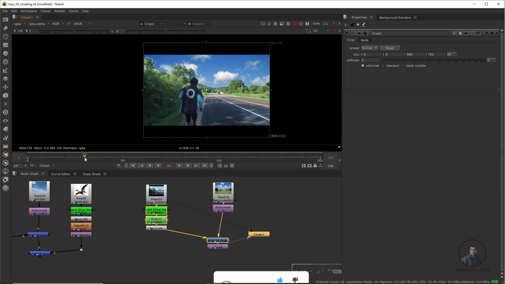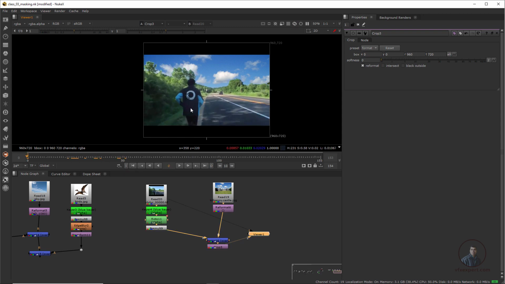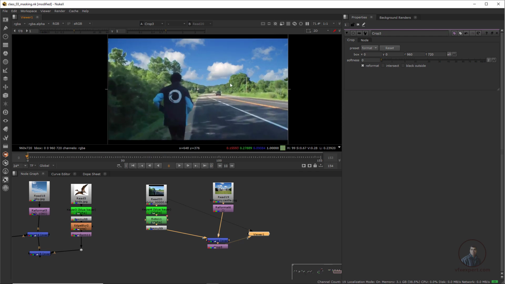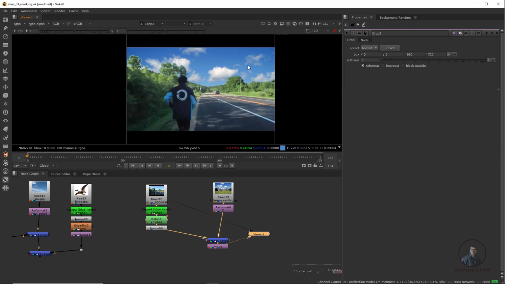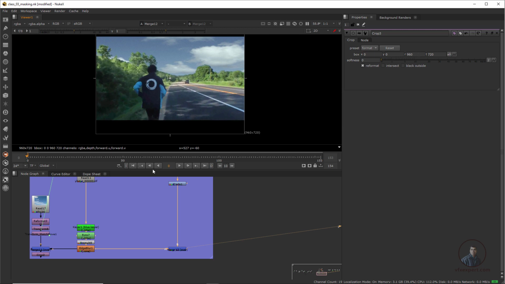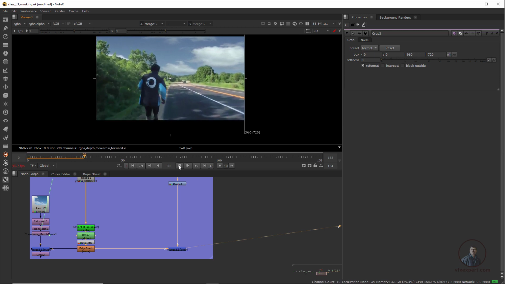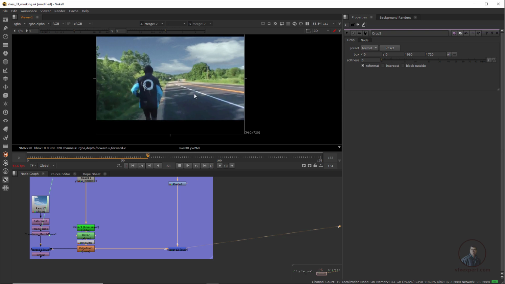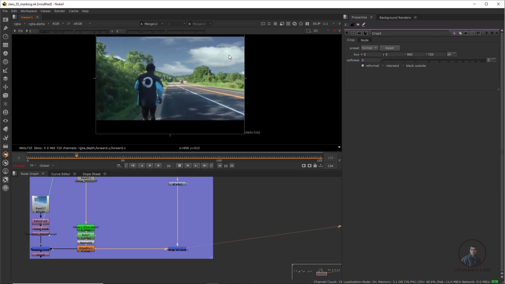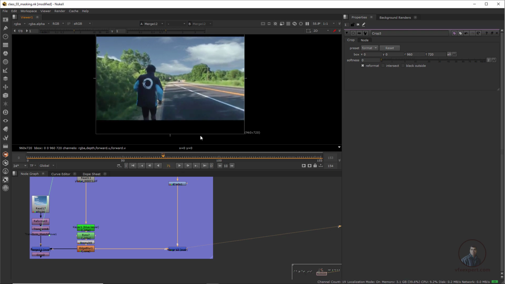Because this is a moving footage, you can track this shot and apply your tracking data on this background, and finally match both motions. This is not a tracking class, this is just for sky replacement. So I have replaced this sky and placed another sky here. Just for explanation, play and check here. The remaining thing is you can track your shot and match both motions. We will cover all this tracking in our later classes, because this is a mask and matte class. In our tracking session we will cover all these things.